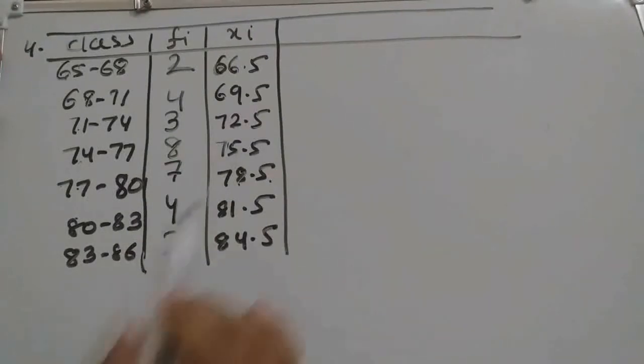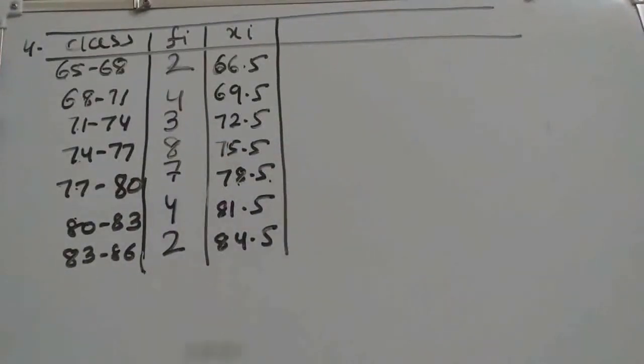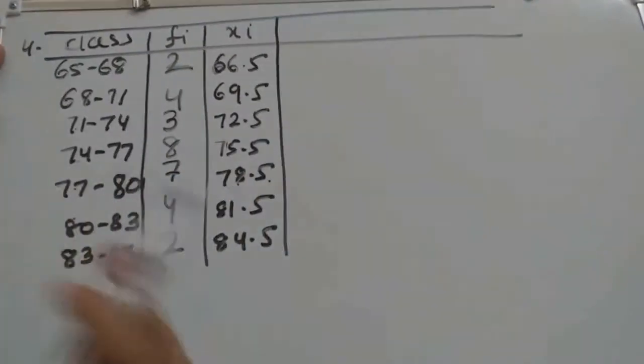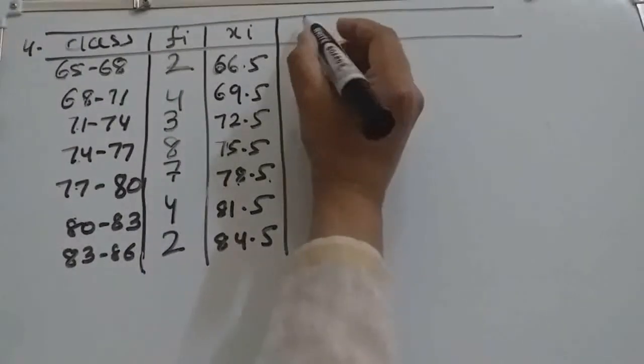Now if you observe, class marks are very large and Fi into Xi will give larger value. So we will avoid using the direct method. Now here we can use the assumed mean method also and step deviation. In the assumed mean method, these values will be reduced to a smaller value to some extent, but in step deviation it can be completely reduced. So we'll go with the step deviation method.